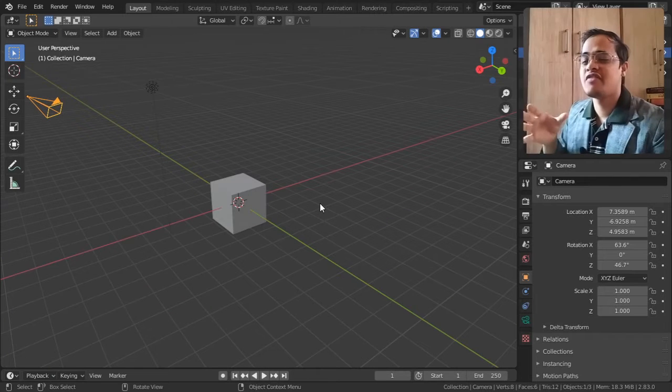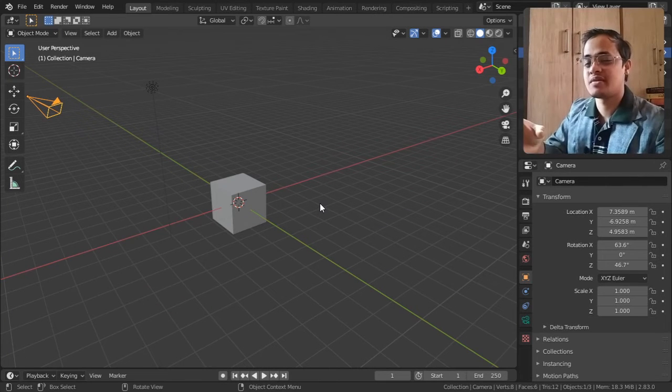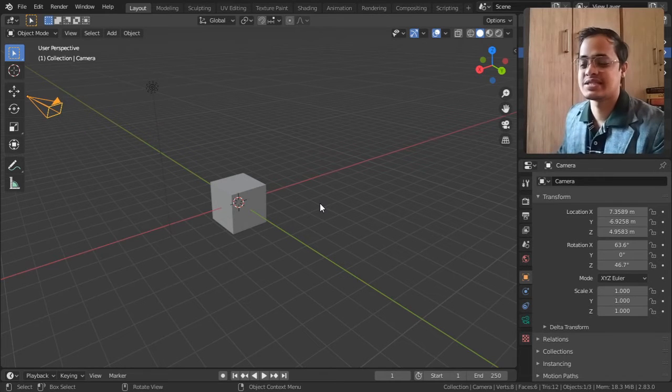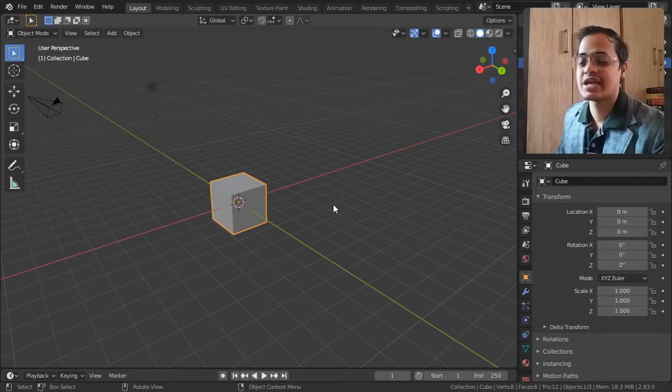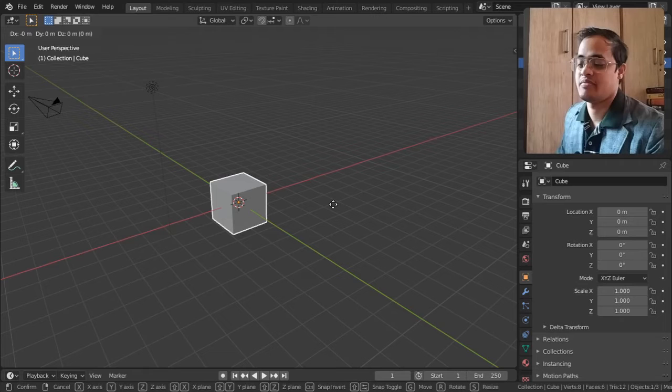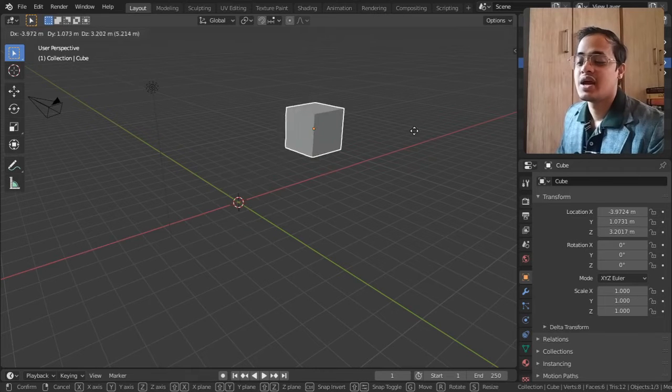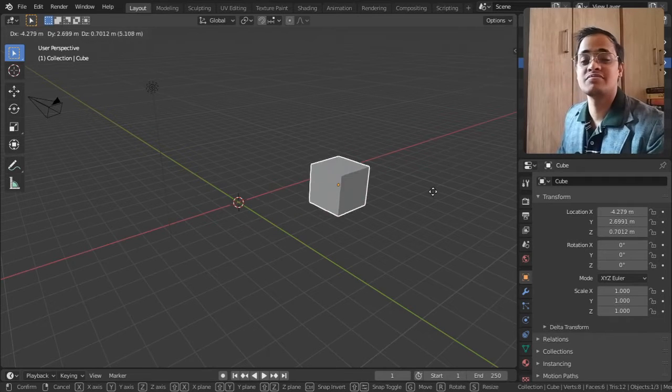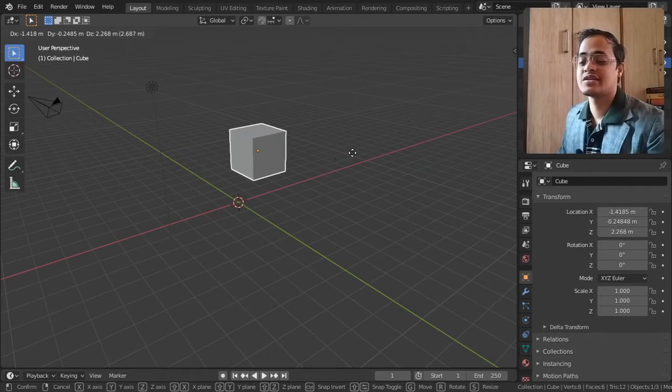Now all of us know that we grab a coffee cup, we grab something to lift it up. In the same way, I am clicking on this cube and tapping G for grab. The moment I tap G, I can move my mouse and the object moves with the mouse. That is how we can move objects in this 3D viewport in Blender.